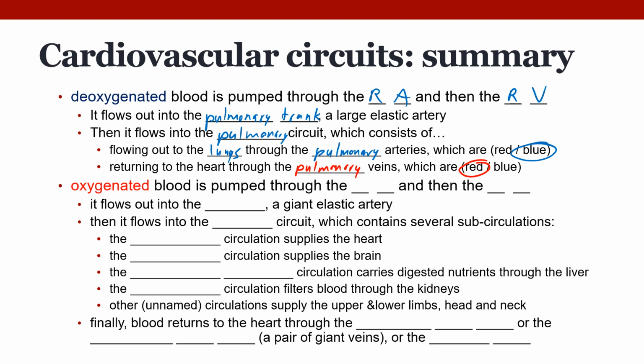Oxygenated blood is pumped through the left atrium and then the left ventricle. It flows out into the aorta, a giant elastic artery. Then it flows into the systemic circuit, which contains a few subcirculations. The coronary circuit supplies the heart. The cerebral circulation supplies the brain. And there's a special feature there called the cerebral